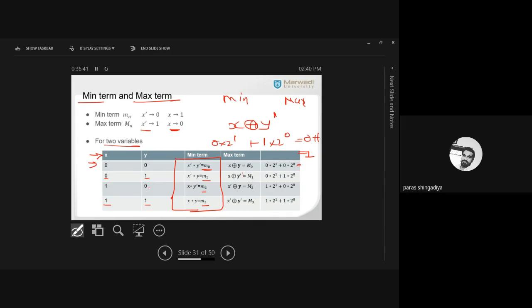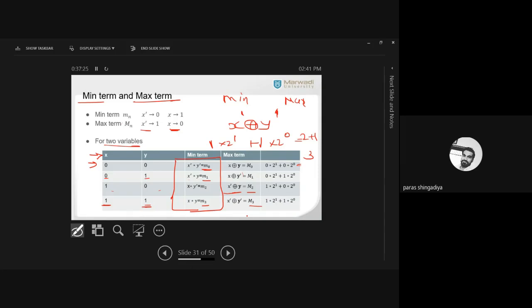Third one is 1 comma 0. ठीक है. So in the min term it is x star y dash, and here it will be x dash ring sum y. Clear? 1 means x dash and 0 means y. So that is x dash now here, and x dash means 1 and y means 0. So that will be 2 plus 0, and 2 plus 0 is equal to 2. So that is called capital M2. And the last one, that is both are 1 here. So it represents x dash ring sum y dash. ठीक है, दोनों की जगह पे 1 आएगा. So that will be 2 plus 1 is equal to 3. ठीक है, so that is called capital M3.